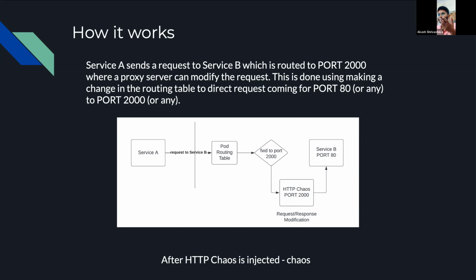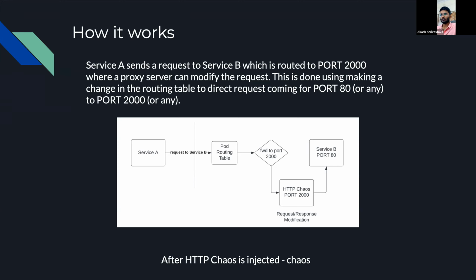This is a very simple explanation of how we are doing it internally. It requires two things to be changed inside the pod. One is changing the iptables rule set, which basically creates a new rule to forward the request for the specific service to the proxy port that we are running. I will not go into a deeper section of how we are doing it, but I guess this explains a bit of it. Now let's talk about the experiments that are right now available in the HTTP chaos category.